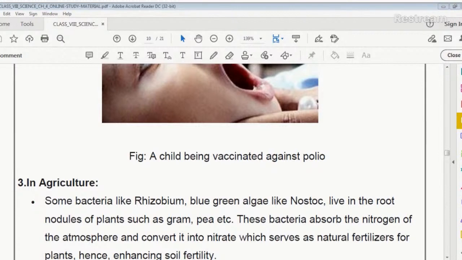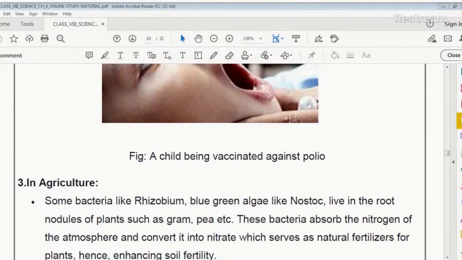It can also help in increasing the soil fertility. How? You will see that some bacteria, again, what I was telling, are able to fix nitrogen from the atmosphere to enrich soil with nitrogen and increase its fertility. These microbes are commonly called biological nitrogen fixers.